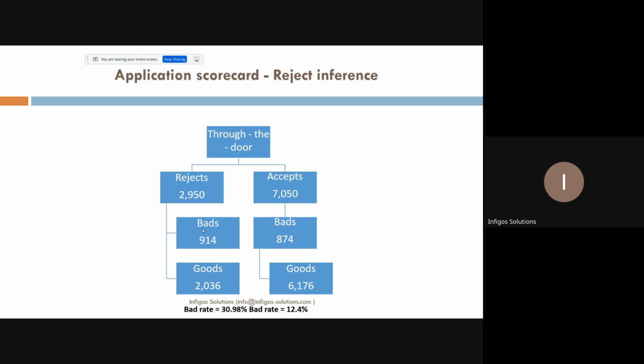Let's say here I have this many rejected, I have this many accepted. Out of that, this many turn out to be 914 bad, and this many turn out to be good. Here, this many turn out to be bad, this many turn out to be good. So if you look at the ratio of good